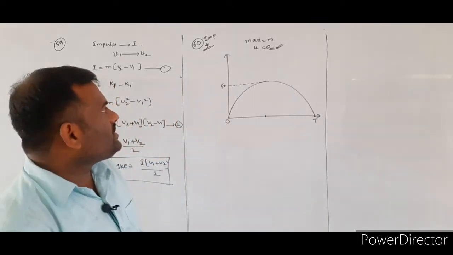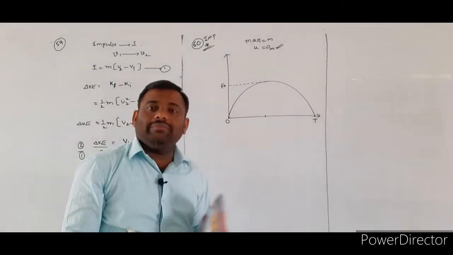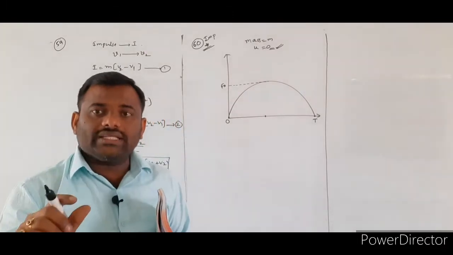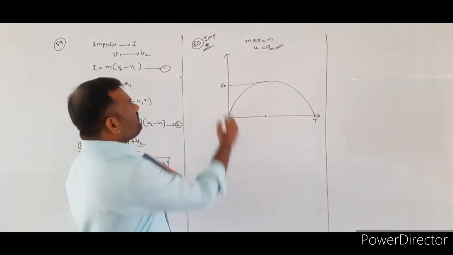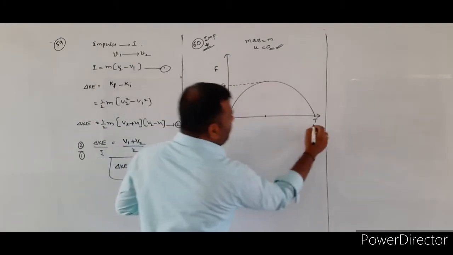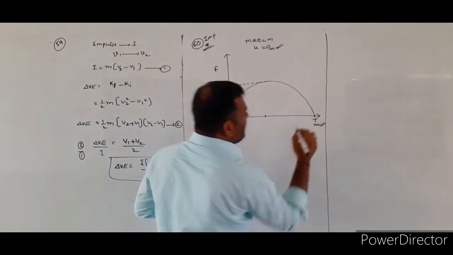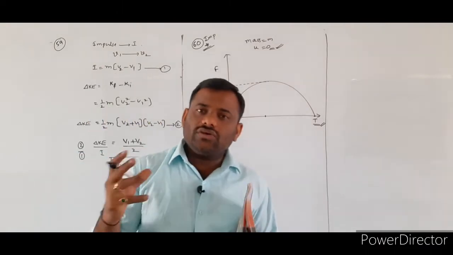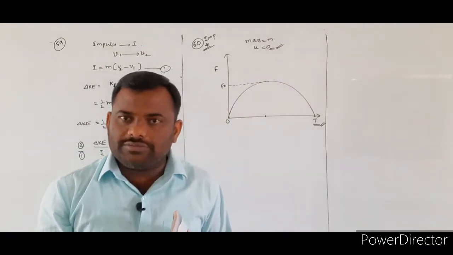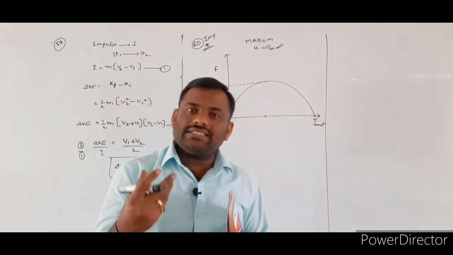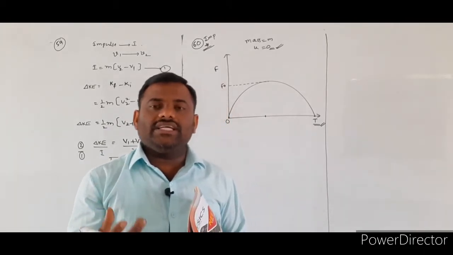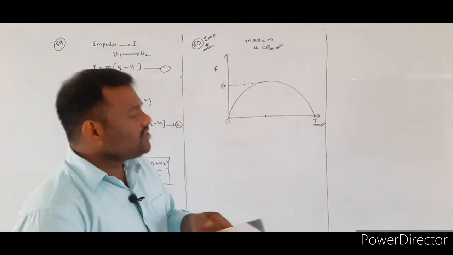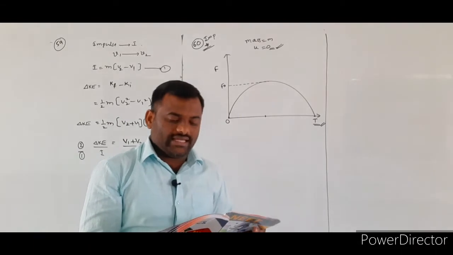So what is the initial state of the object? The object will be in the state of rest. Over that stationary object, an external force of F will be acted for a time interval of capital T seconds. So whenever the external force is acting on the object, as a result, impulse will be acted. As a result, a change in momentum will take place. So what value are they asking?